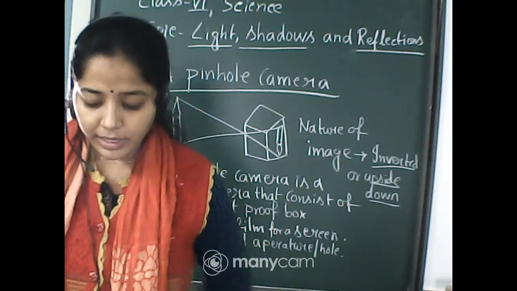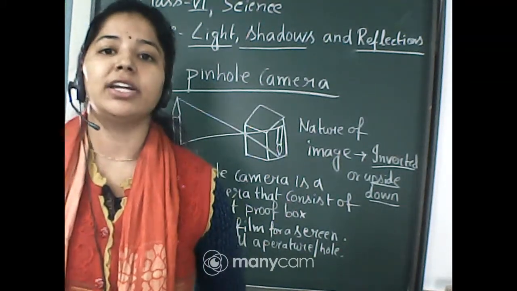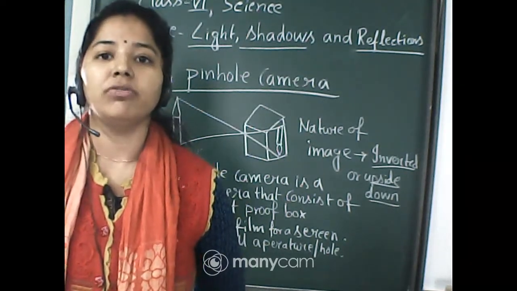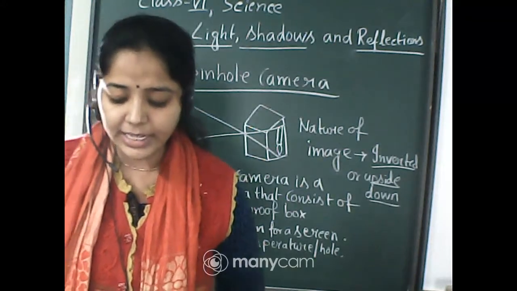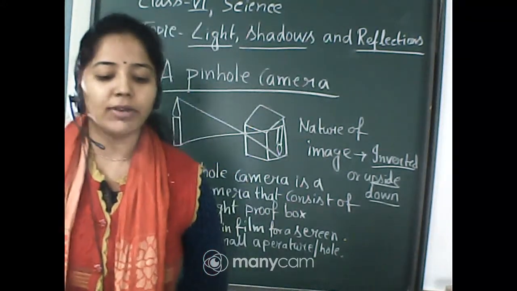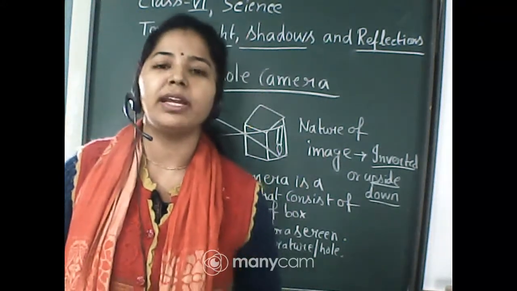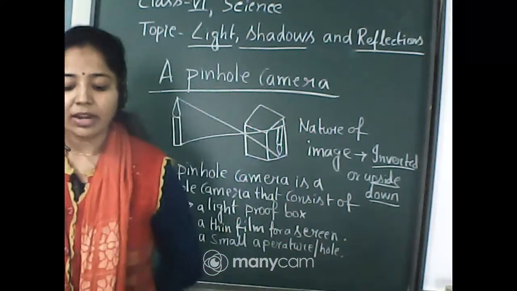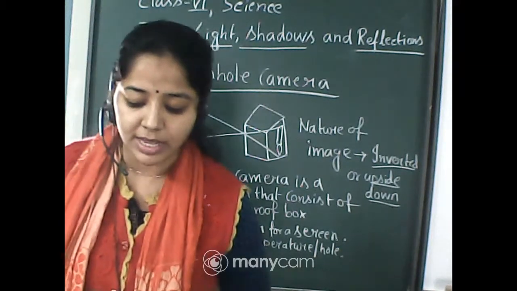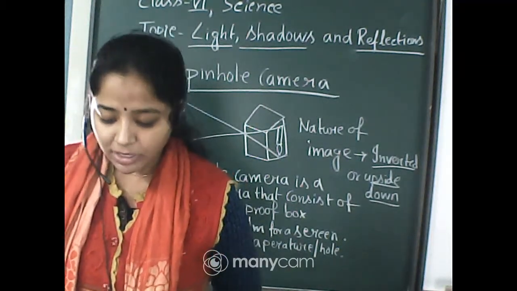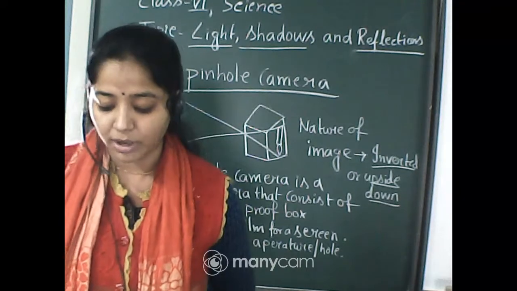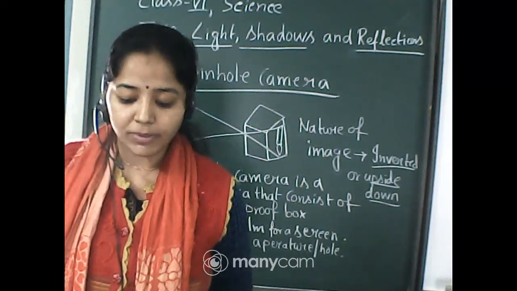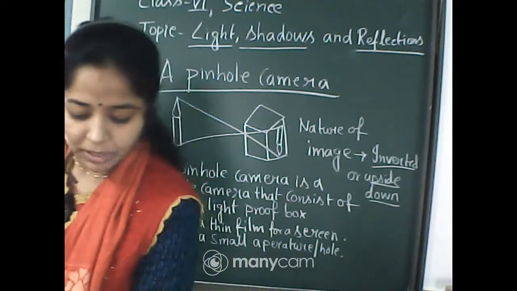So here the gaps between the leaves create a pinhole camera, and there we can see the image of the sun. And these gaps are all kinds of irregular shapes, not like the shape of the sun. Okay, but we can see the circular image of the sun. Try to locate the image of the sun when an eclipse occurs next. Okay, so that is already in your book. I hope you understood this subtopic of pinhole camera.